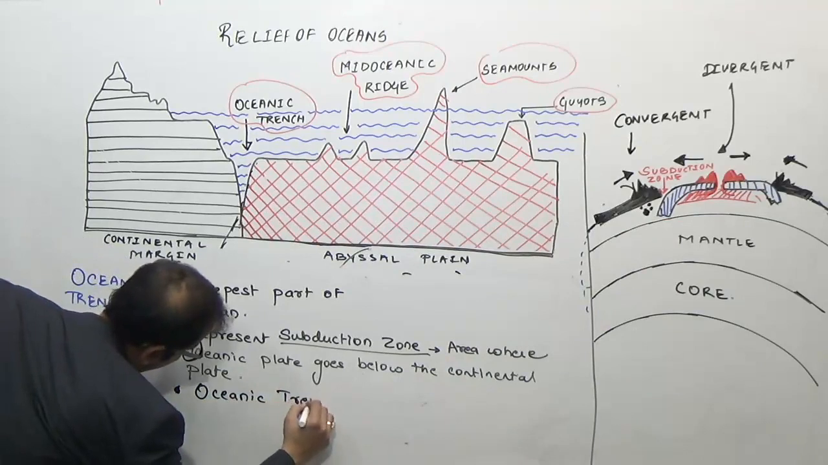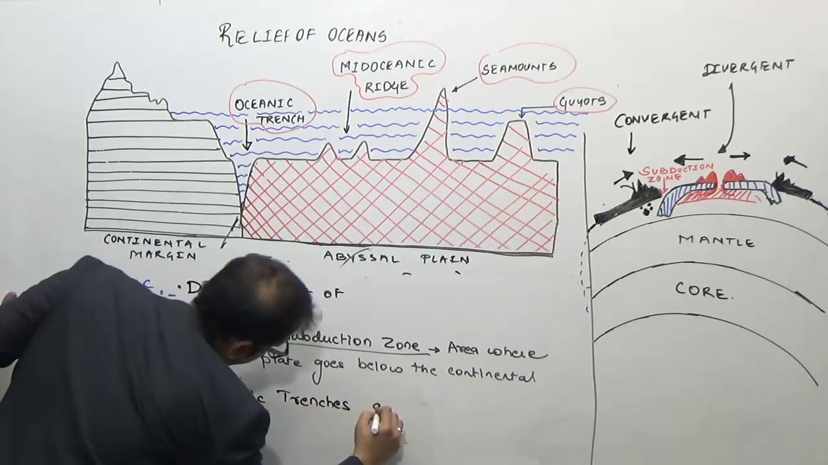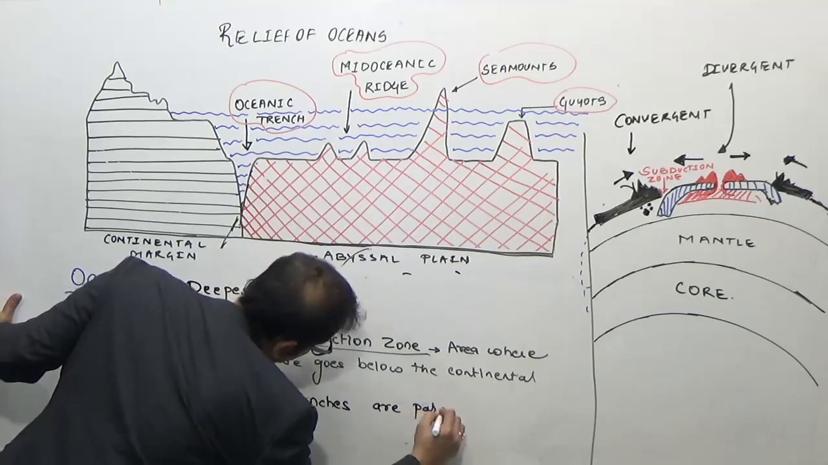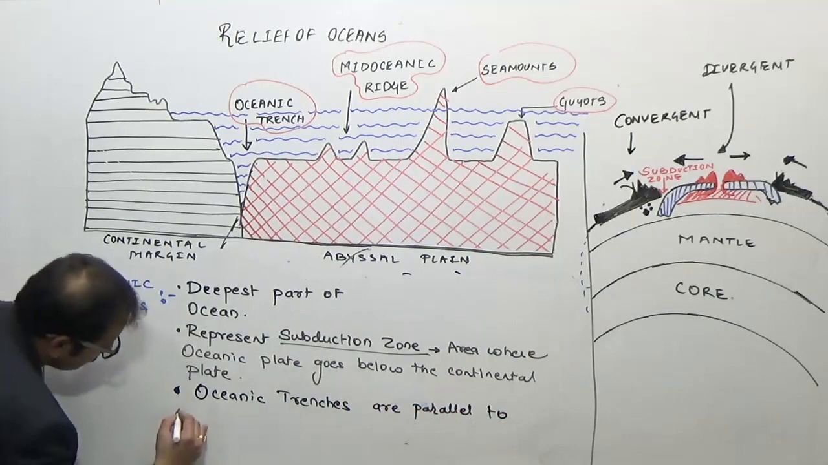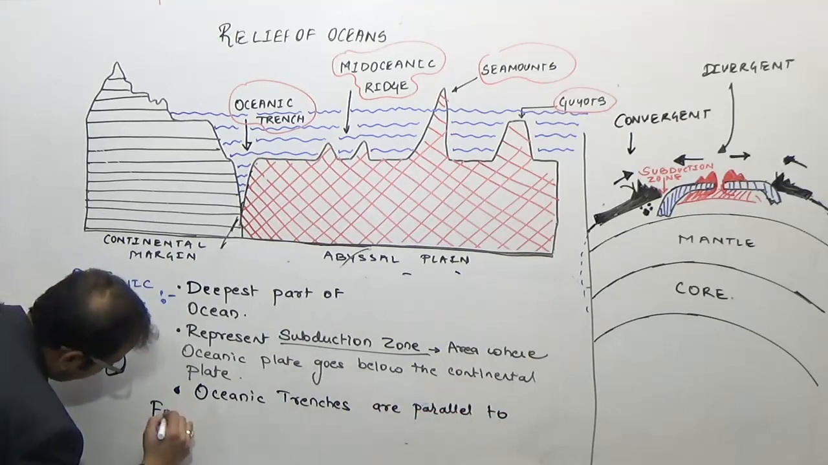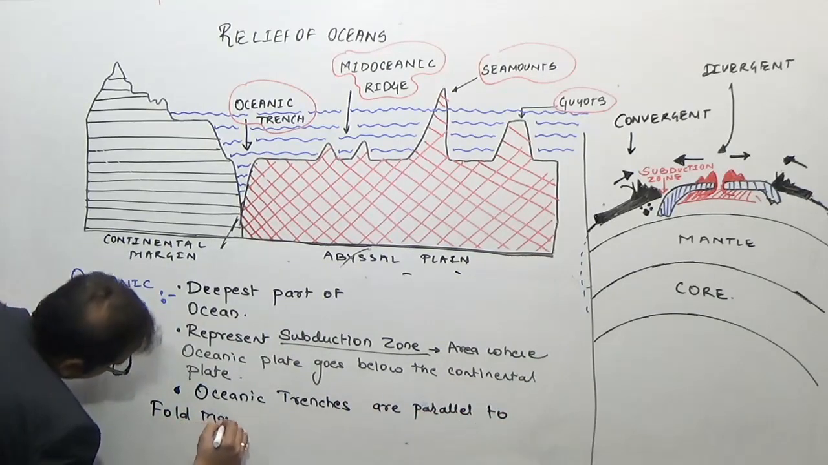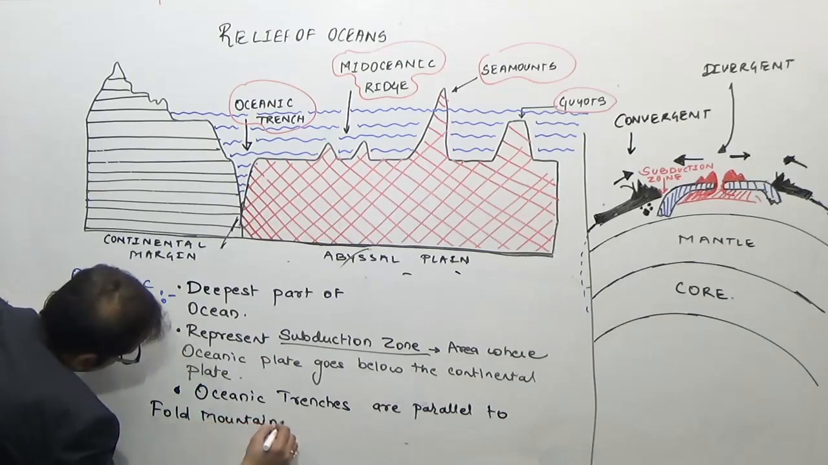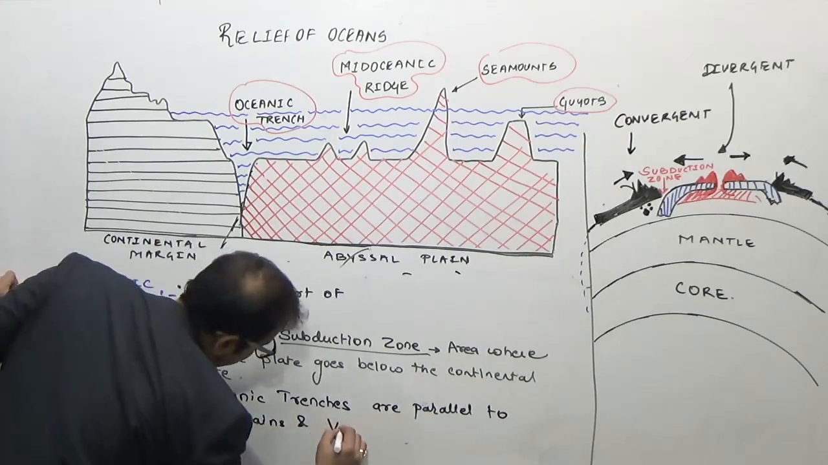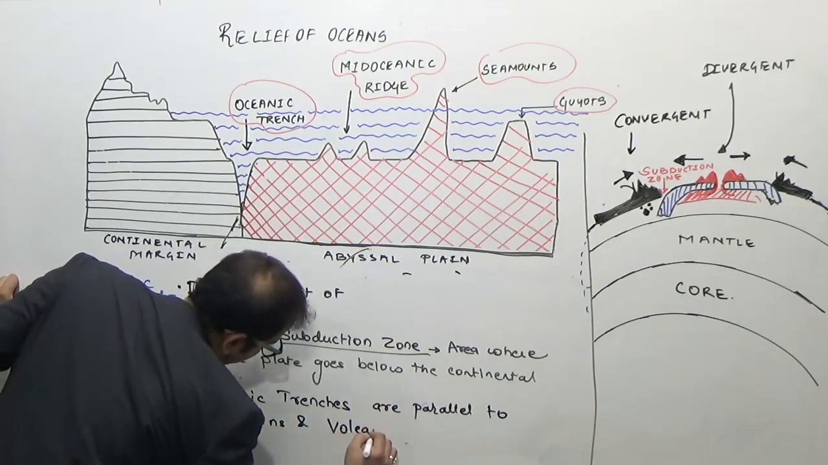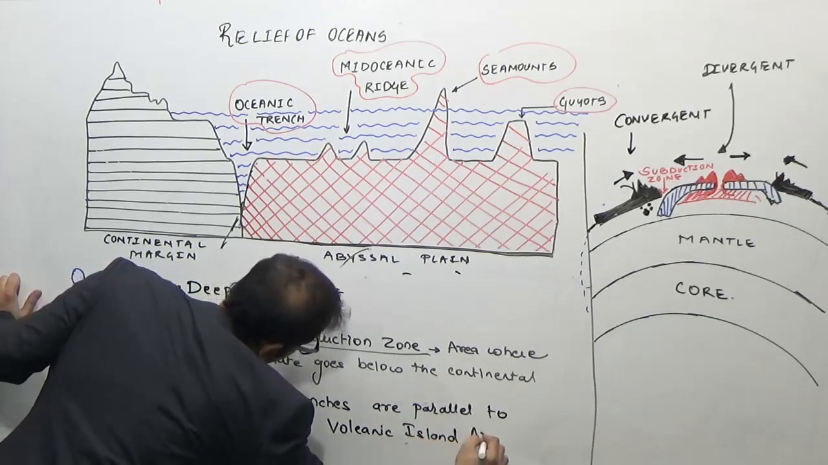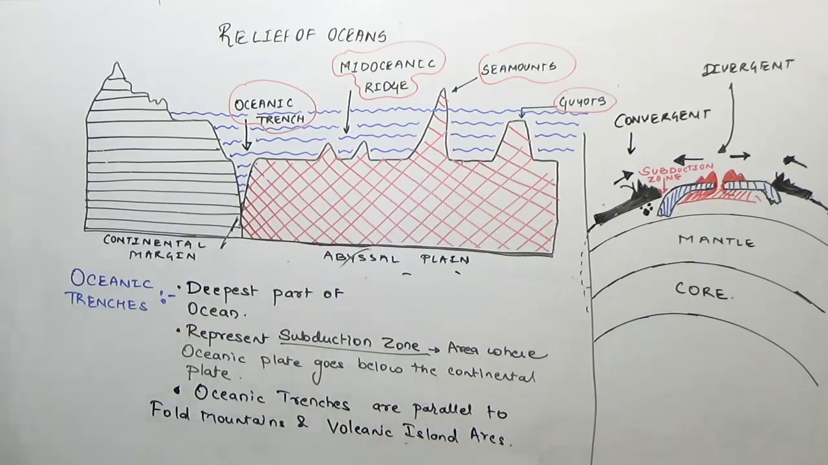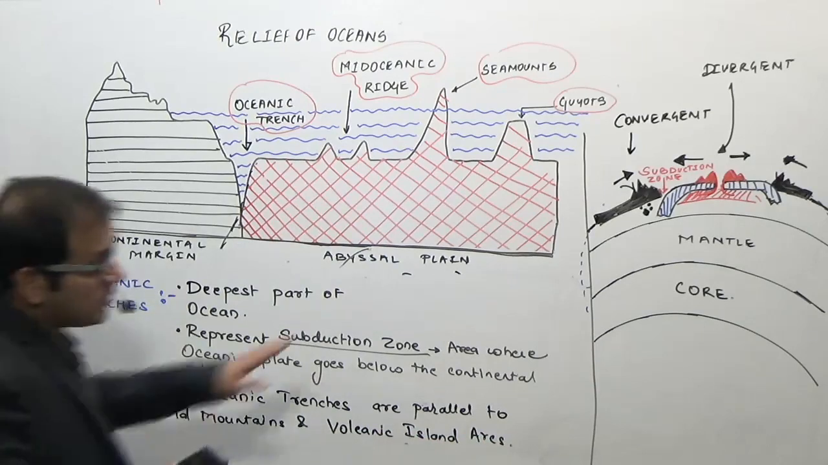Oceanic trenches are parallel to high fold mountains and volcanic islands and volcanic island arcs. These are parallel to fold mountains and volcanic island arcs, and therefore now I'll rub this